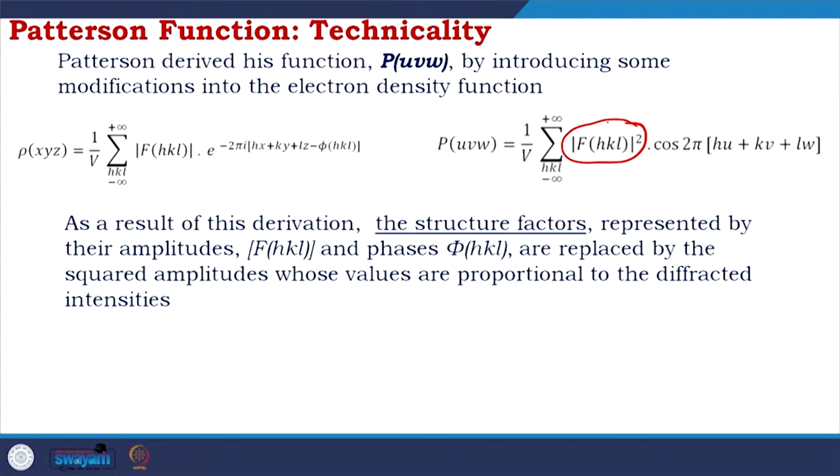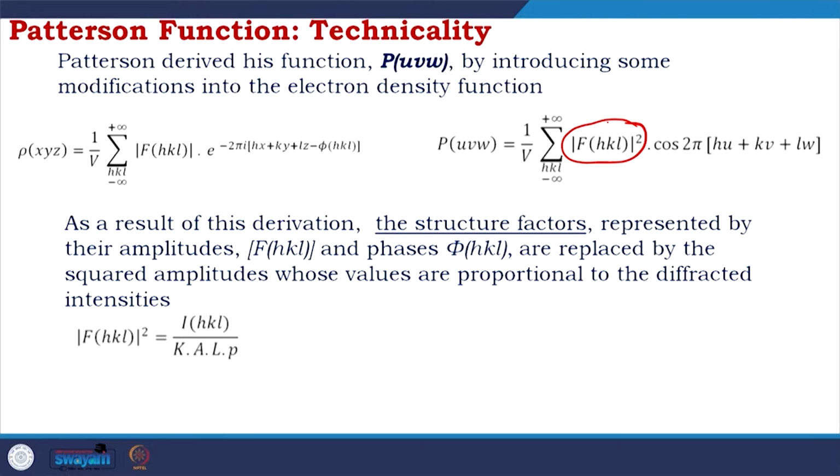As a result of this derivation, the structure factors represented by their amplitudes and phases are replaced by the squared amplitudes whose values are proportional to the diffracted intensities. So, there is no phase and the amplitude is squared. And this comes ultimately to the formula |F(HKL)|² = I(HKL),